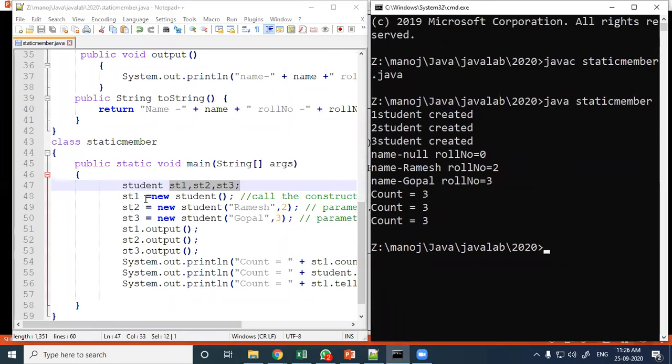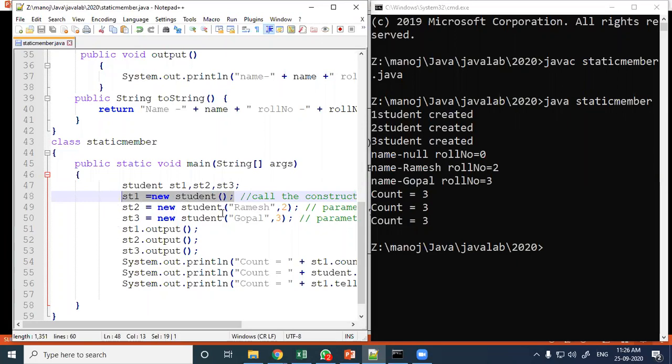Here three references are created. For st1 the object is created. When an object is created, the default constructor is executed. One student created, then another two students created. In st1 it kept null and 0.